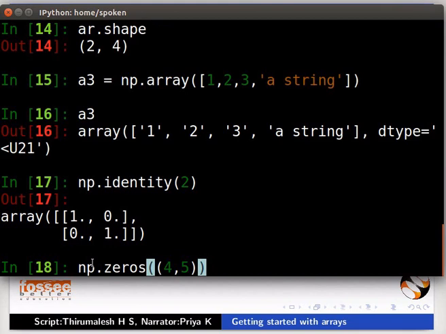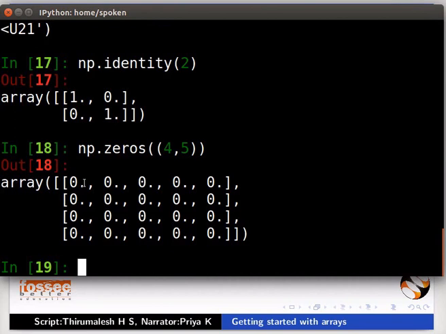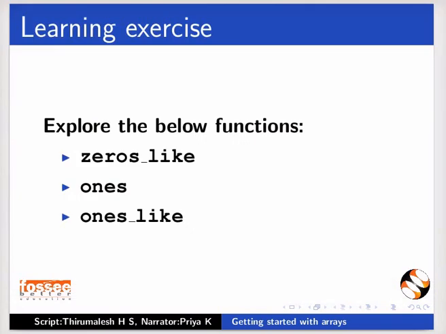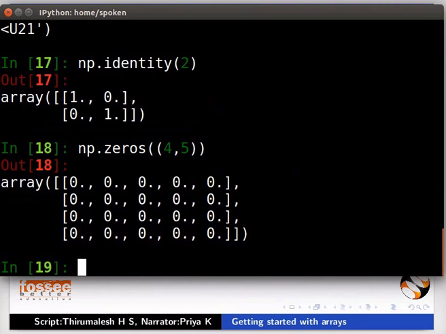Type np.zeros(4, 5). The default output of identity and zeros method are in float data type. Explore the below functions on your own. zeros_like, ones_like.